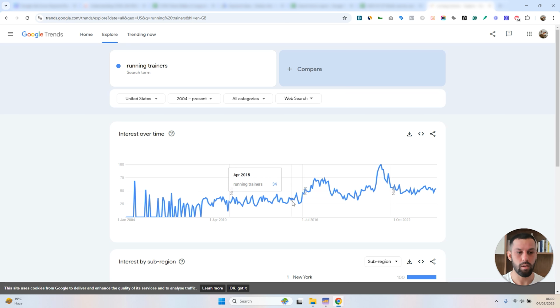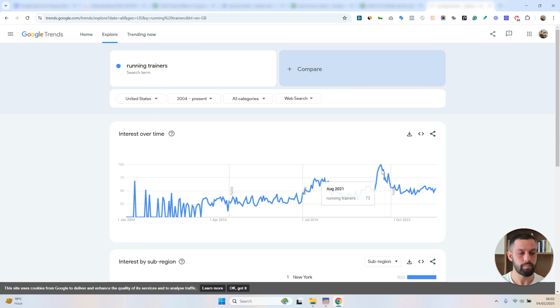And you can see over time, performance is showing a slight uptrend. You can see over here, we're averaging around sort of 40 to 60. Yet back here, it was sort of 20 to 40. Okay, so we've gone from 20 to 40 to 40 to 60. And there were some peaks as well. So you got a peak here,